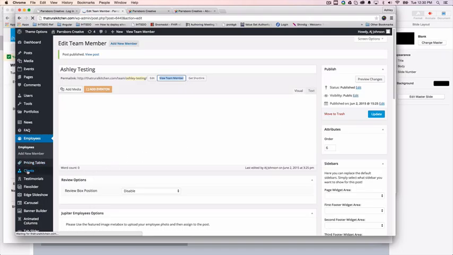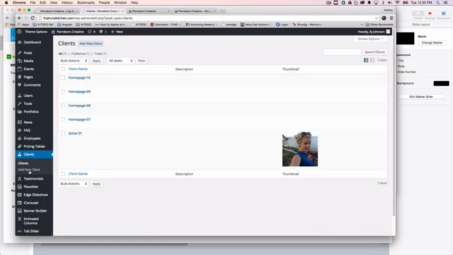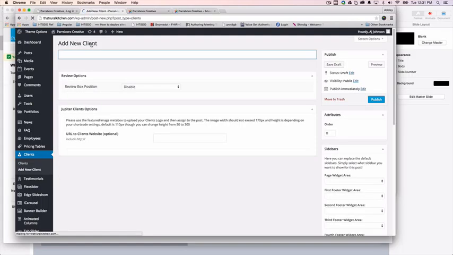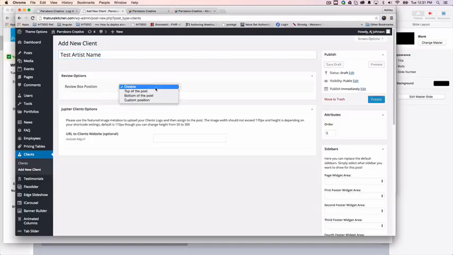So another option we have as well within this is our clients. Right now our clients are artists. I do have to change these settings. So as you can see, we have an artist, we have a thumbnail, and you can have a description. This will eventually be what we use to link our artists as well. We can do it one of 2 ways. If an artist is a board member, we can use that option. Or if they're just an artist, we can do that. So you select add new client, which we change to add new artist once it migrates. And so test artist name. If we wanted to give it the option